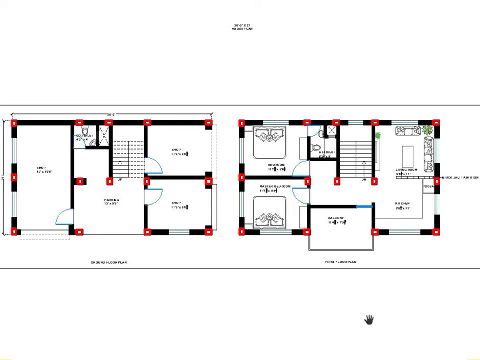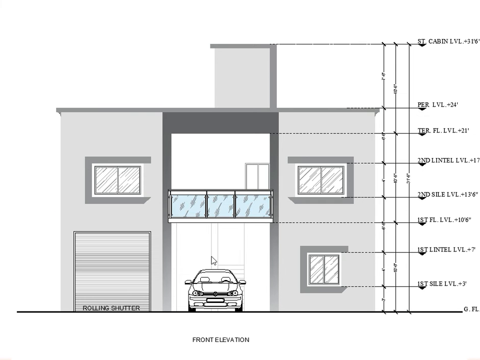Let's see the front elevation, how we treat an architectural icon. So let's see the elevation. This is the overall elevation. Here is the main entry, which I already mentioned in the video. Here is the parking portion. Here is the rolling shutter, which means shop, and this one is the entry for the shop. Here is the balcony, a centrally embossed balcony towards the front direction, and here is the back door for the balcony.